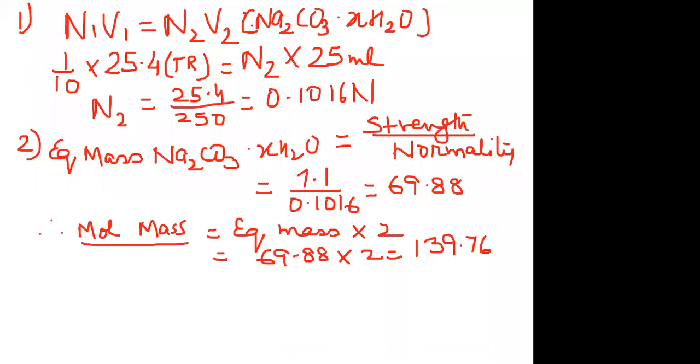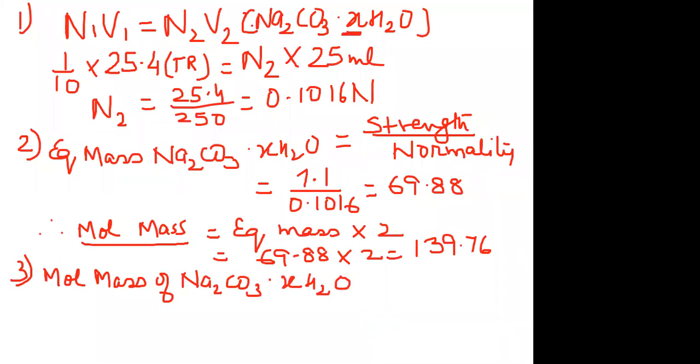In this experiment, we are doing the calculations in a little different way than we did in the first one. Now you have to find out the value of X. For question number 3, you have to find out the value of X that occurs in the formula. To find that, we must know that the molecular mass of Na2CO3·XH2O is written as